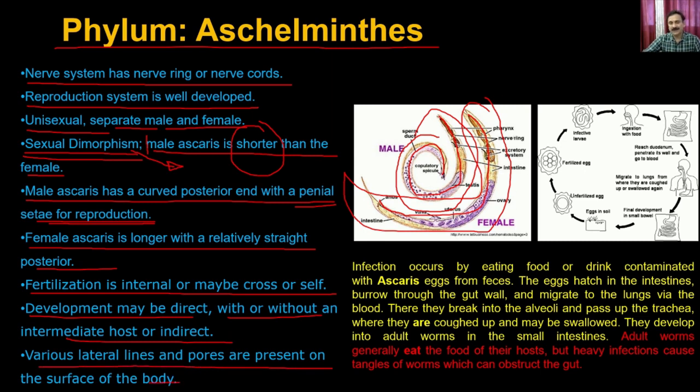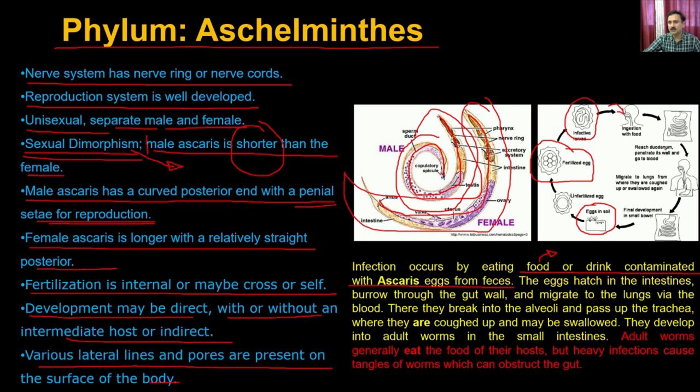So how the Ascaris is actually infecting a healthy human being is that when you are taking food or drinking water which is contaminated with the Ascaris eggs from the feces. The eggs are present in the soil, and when you are taking food which is not properly cleaned, or contaminated water, these eggs are present in that, and once you take them through the mouth, they